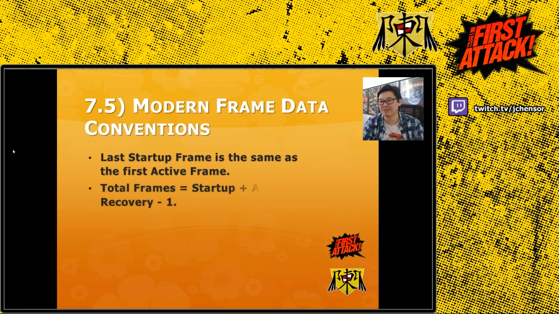on in this lesson. But yes, this means that the total frames is actually startup plus active plus recovery minus 1. Just to make it even more confusing. But again, it's very unnecessary to really know. As a beginner, worrying about total number of frames is almost useless. It is not something you need to care about. So I'm just going to put that out there